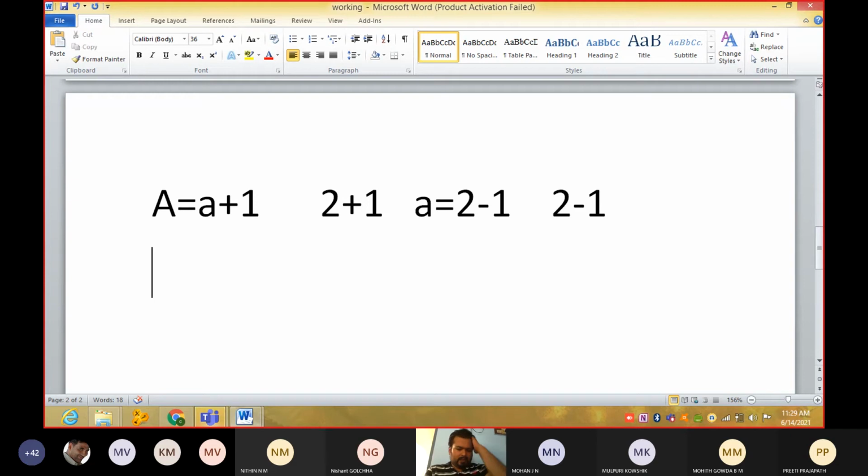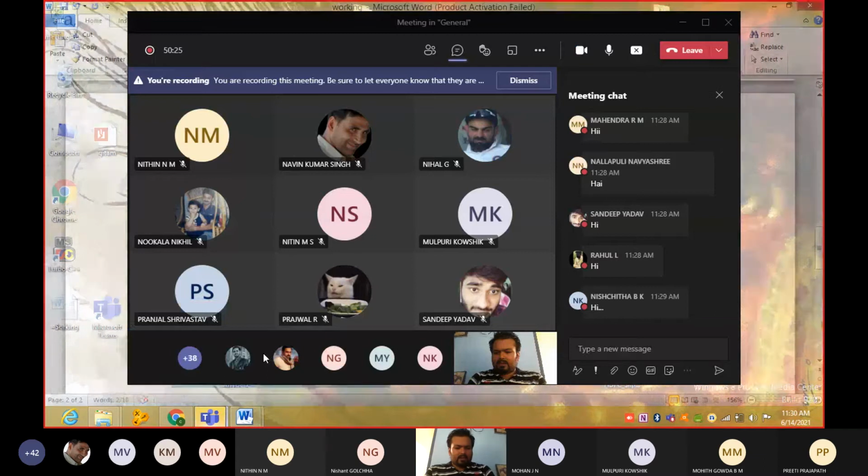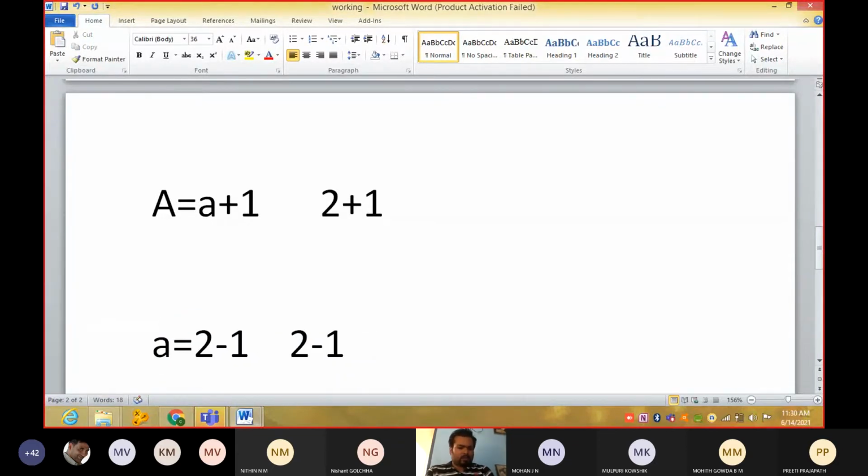See, guys, in these first two things, these two are the first two things, and this is the other thing. What I'm doing here and what I'm doing here: I'm not doing addition and I'm not doing subtraction, I'm doing another thing. What am I doing in those two statements? Don't reply, just carefully go through this one. I'm not doing only addition, and I'm not doing subtraction here.